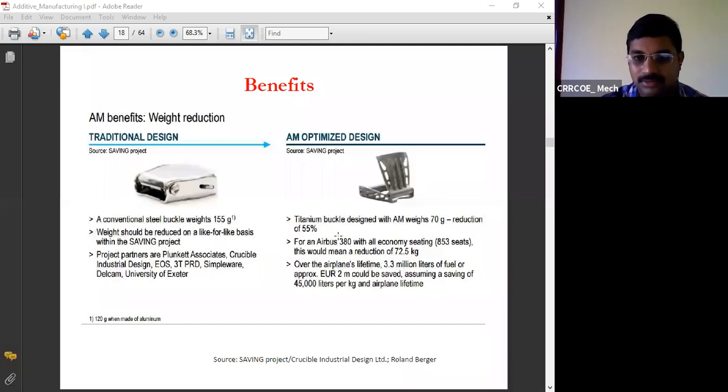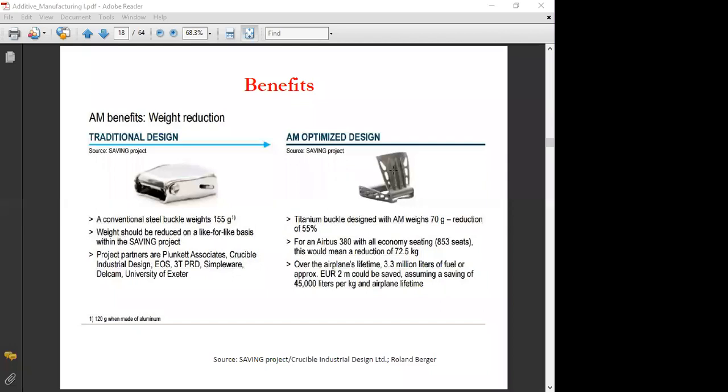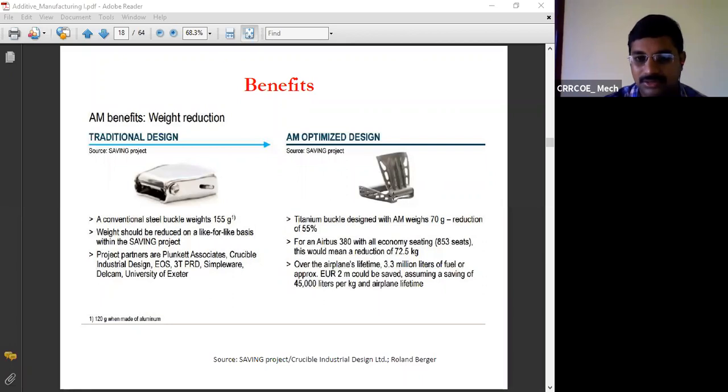So for an Airbus, they have used this particular buckle for the seating arrangement. Buckles can be used in various applications, not only in daily life, but also for clamping different belts, I mean, in your seat belts. These clamps are used in seat belts. Whether we have 30 seaters or 200 seaters, whatever it may be, depending on this one component, the weight of the total assembled vehicle will be reduced.